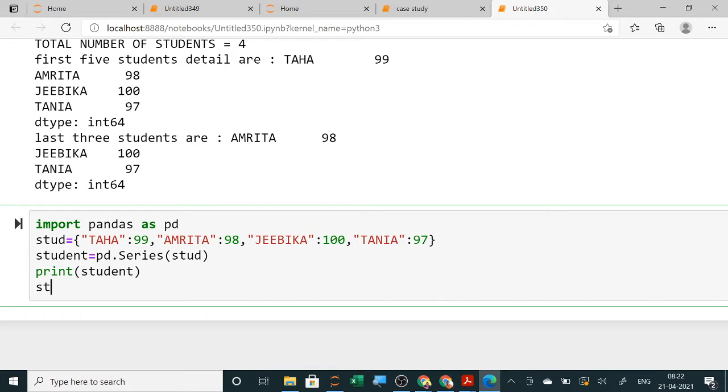So I will write student dot name, and now I am going to change the name to, suppose your class is class 12 IP students. I will write here 12 IP students. This new name I want to give, so it will give a name to display. You can see.